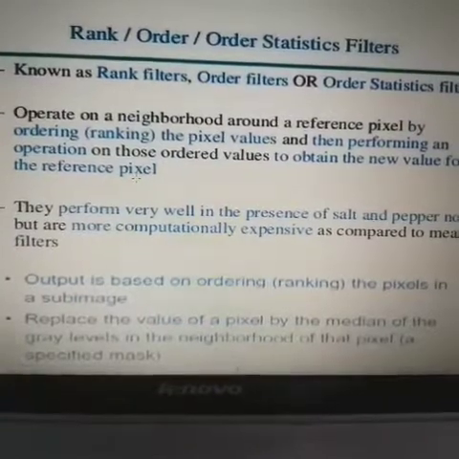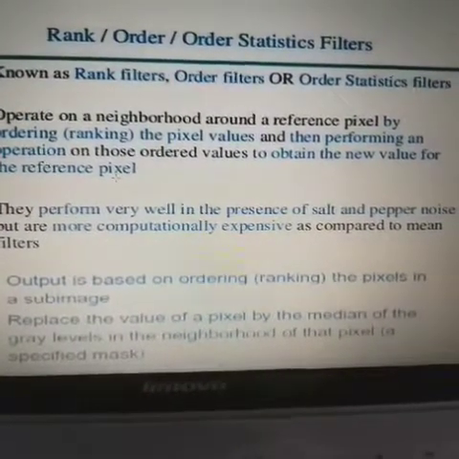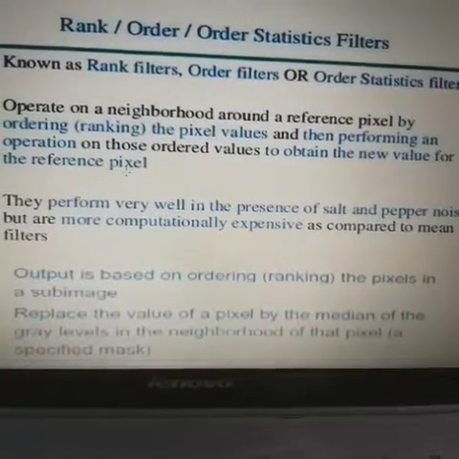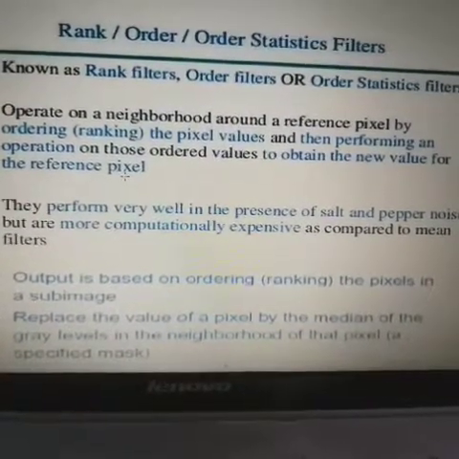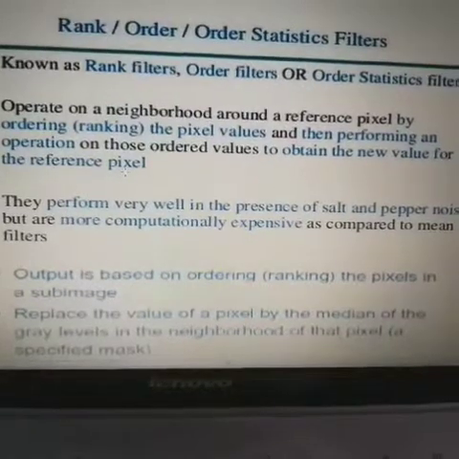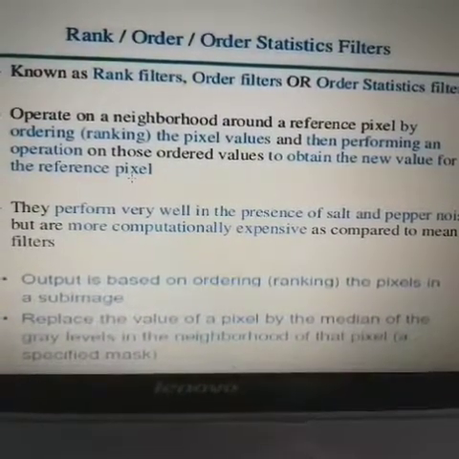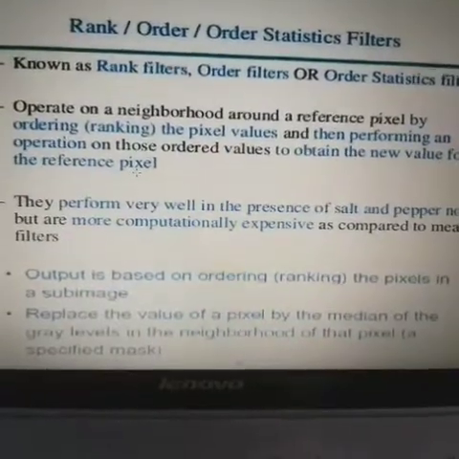They perform very well in the presence of salt and pepper noise, which is impulsive noise, but are more computationally expensive compared to the mean filter. So this is one of the drawbacks, that these filters are expensive.